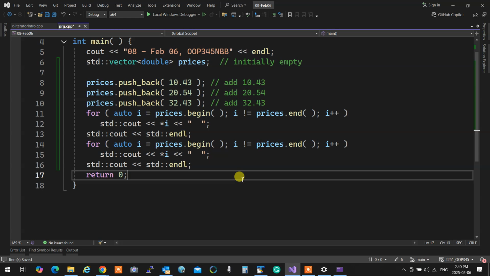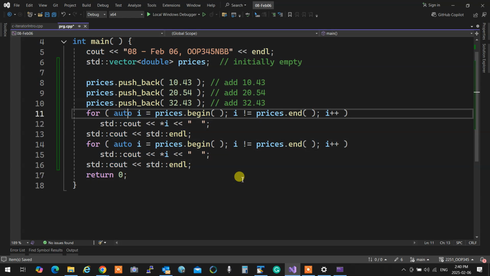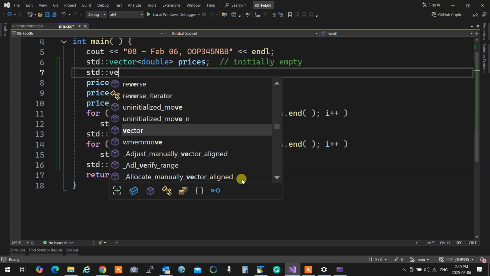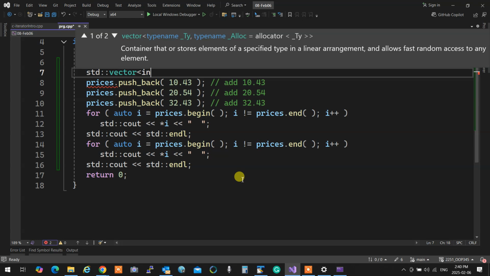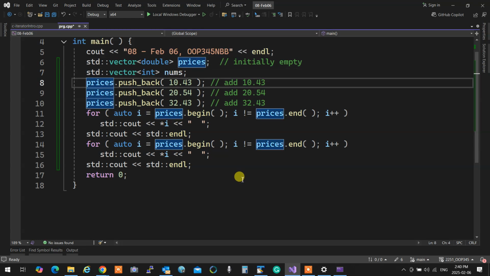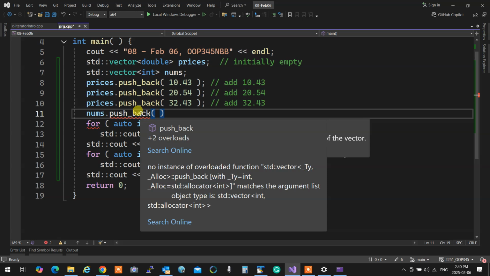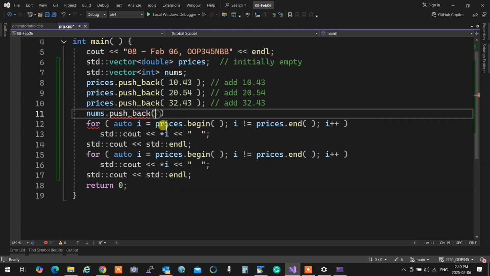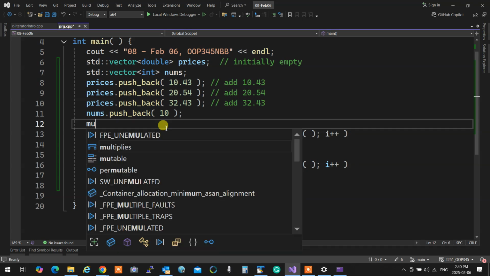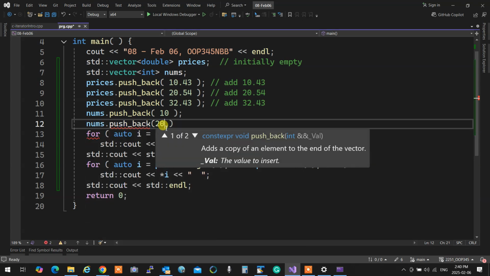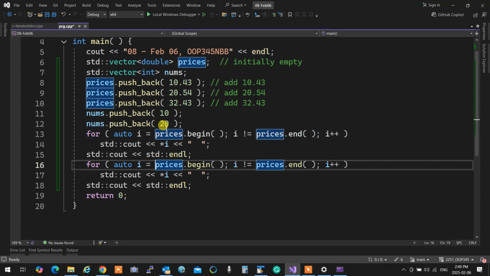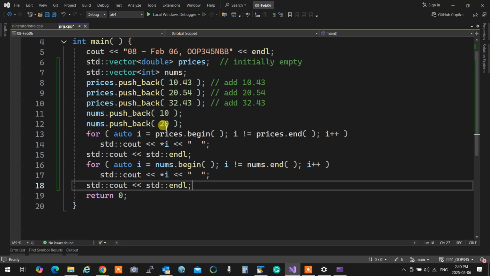Yeah, you just put auto. Then you don't need to create anything. So if I had over here something like nums.push_back(10), now you can simply write over here, and then you don't need to create anything for it.